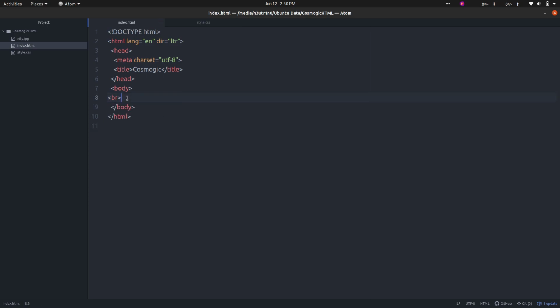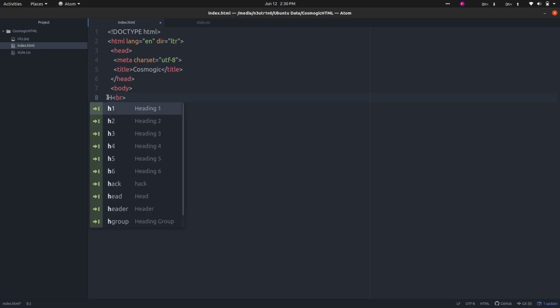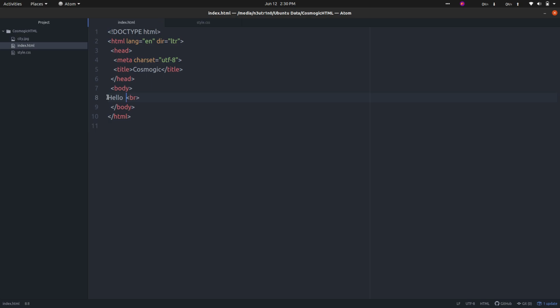Right now you may not know what the BR tag is, but later on you will understand its exact meaning. I will show you by example. For now, just understand this is a tag that is used to provide a break in the line. Like if I write anything here, let me show you, like hello Cosmogic. Now if I write something else here,